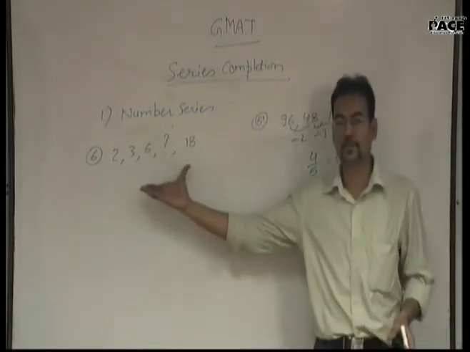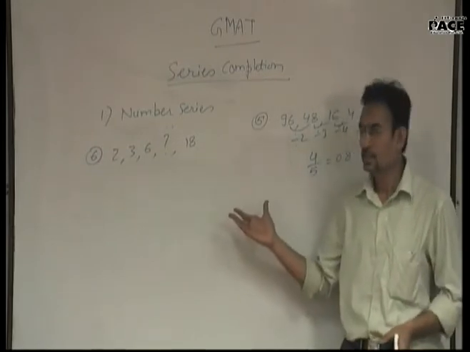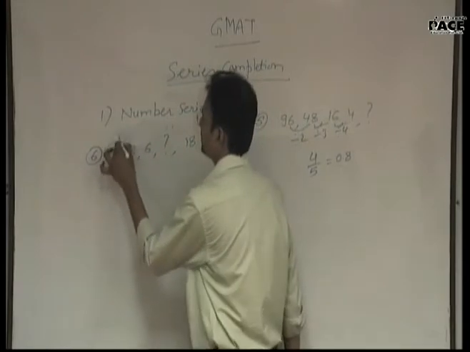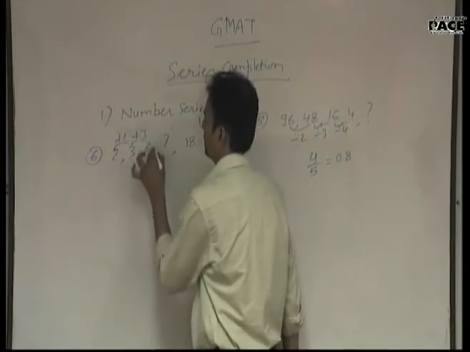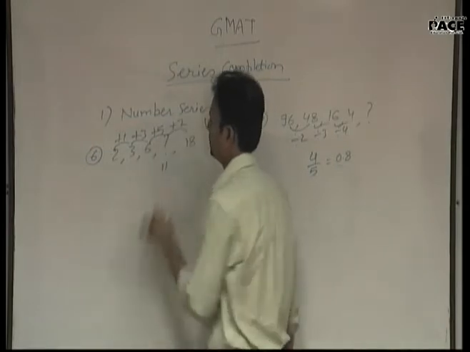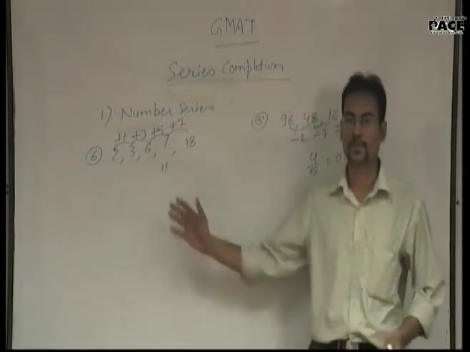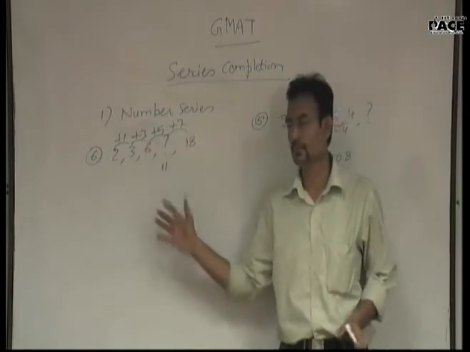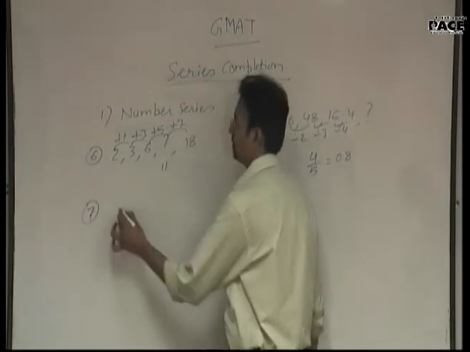This is a quick recap of whatever we have learned. This is the series, nothing but with the difference we can find out. This is number 11. Plus 1, plus 3, plus 5, plus 7. We are adding odd numbers. Similarly, we can